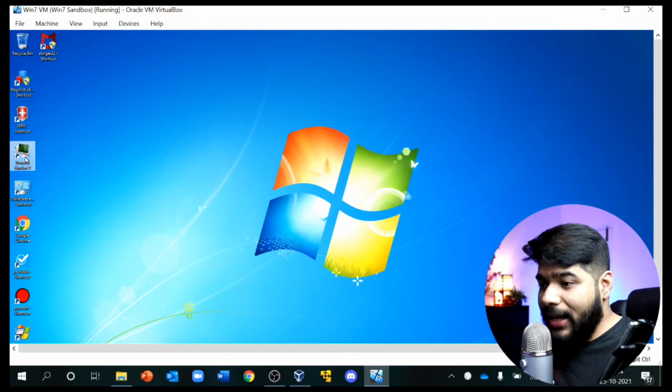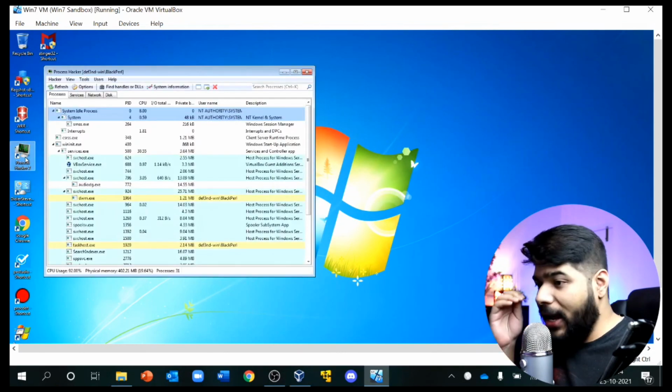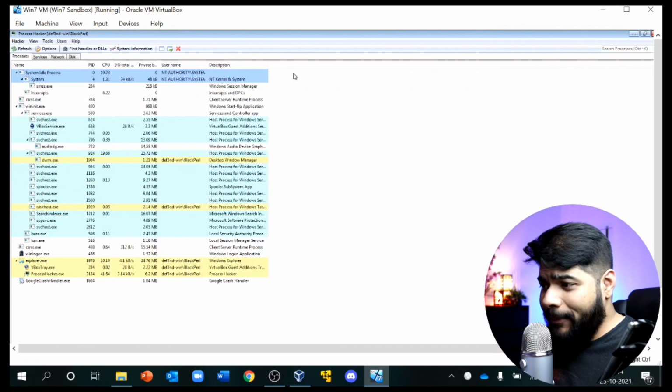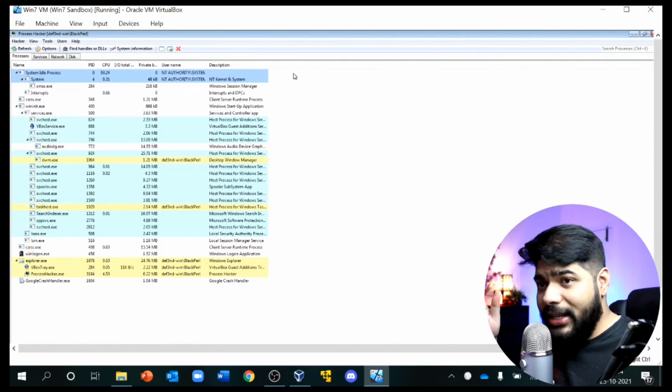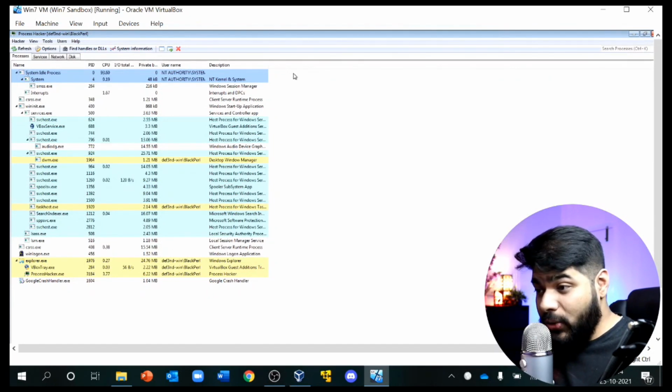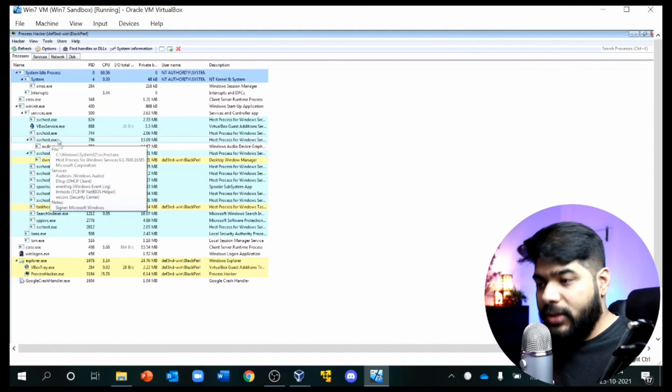Okay, so Process Hacker. This is an awesome tool. I love this tool because it is not only like the Task Manager, but this tool actually gives you a full depth of information. What is the parent process, what is the child process that is running.